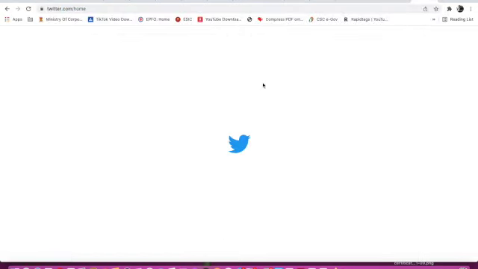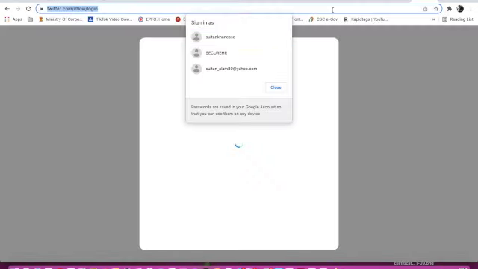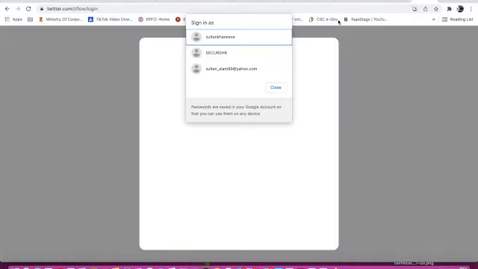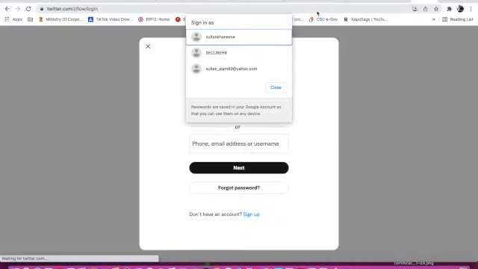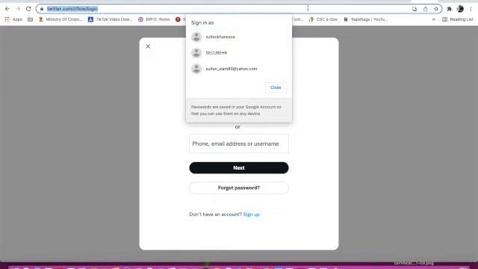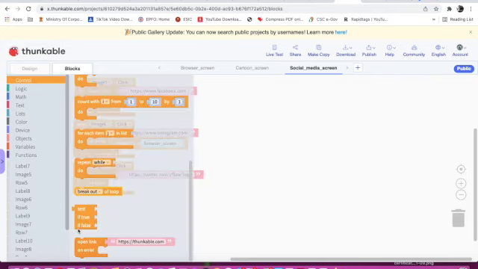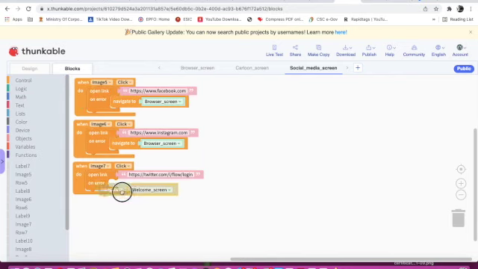Now see, it opens Twitter. Okay, I will copy this link. And here I will paste it. Navigate. Now I will take navigate to browser screen.